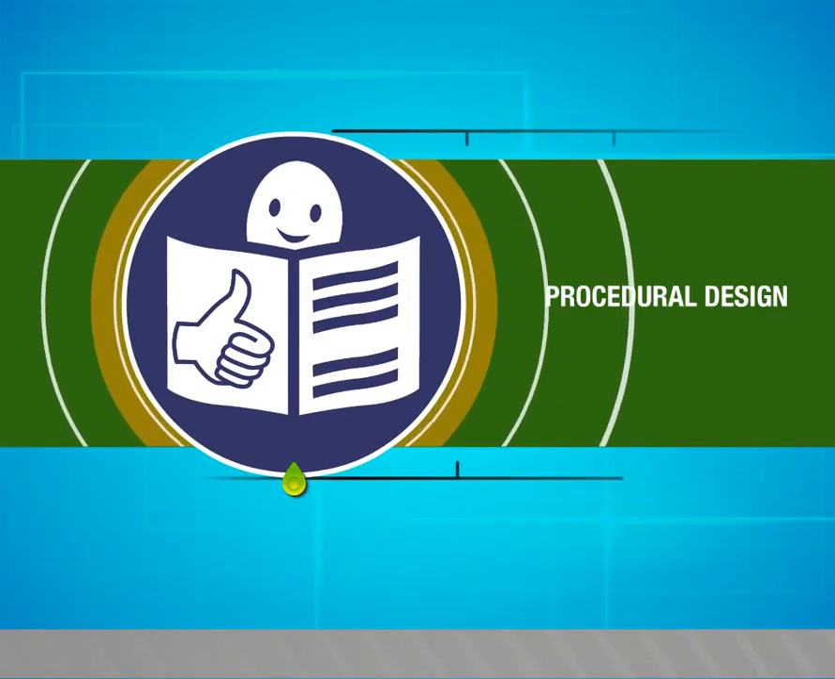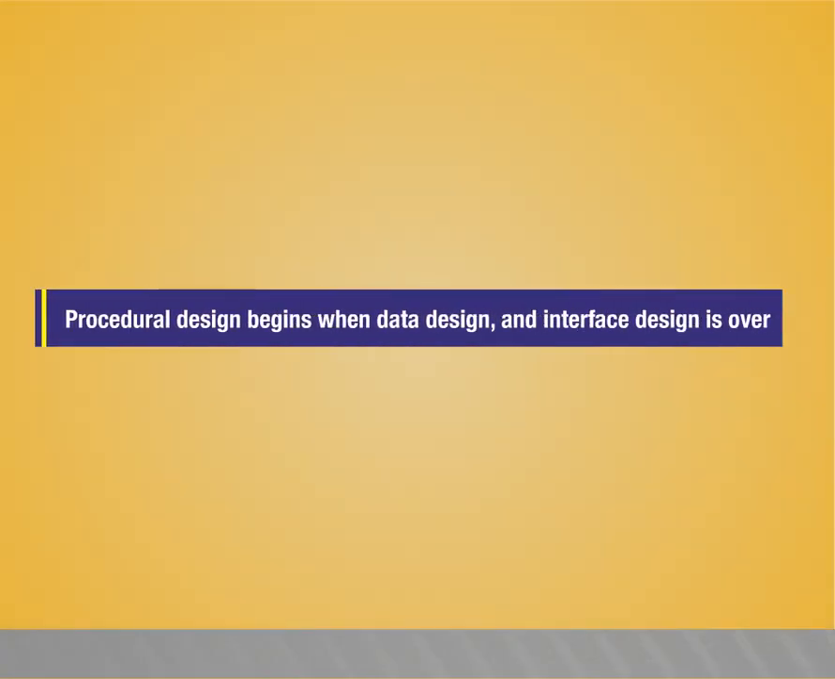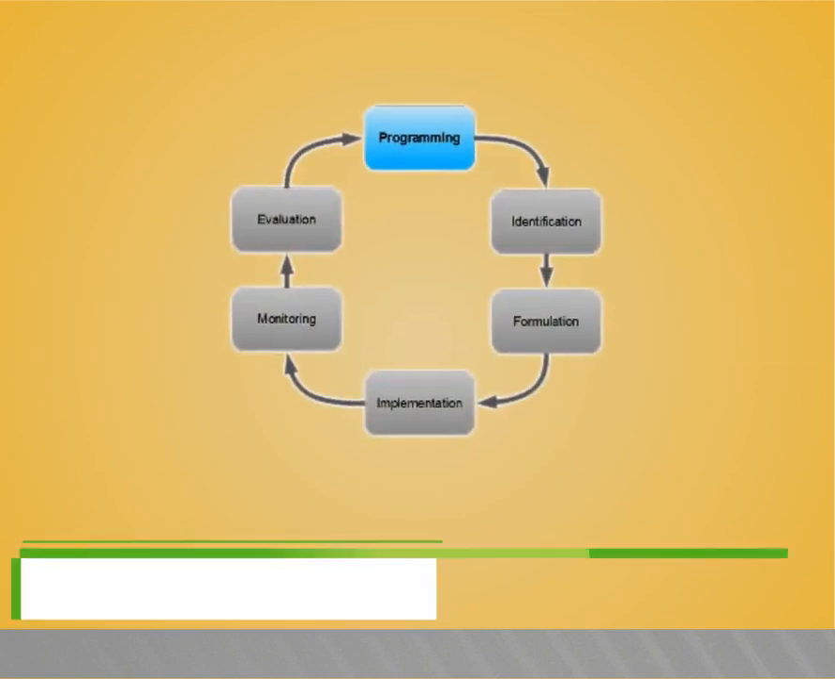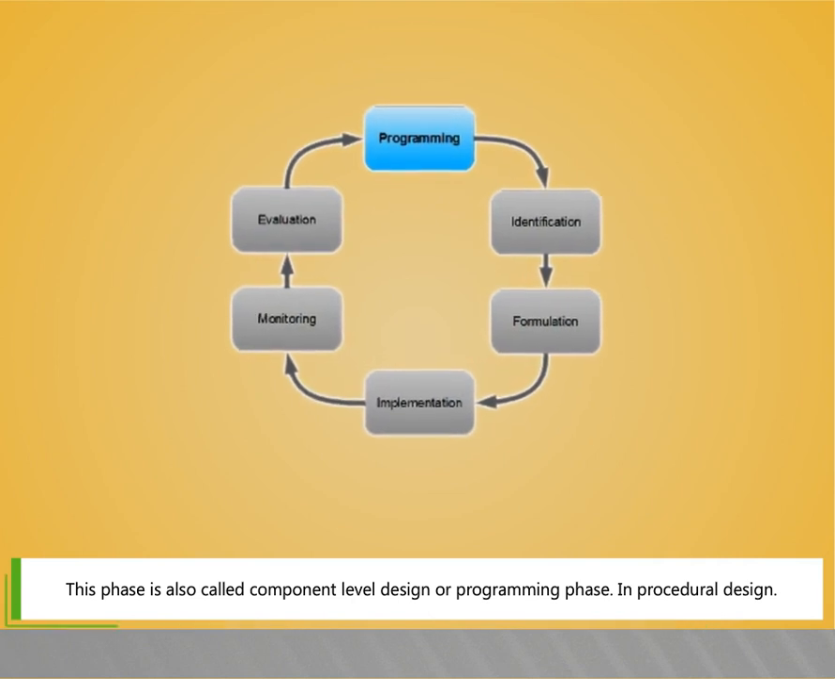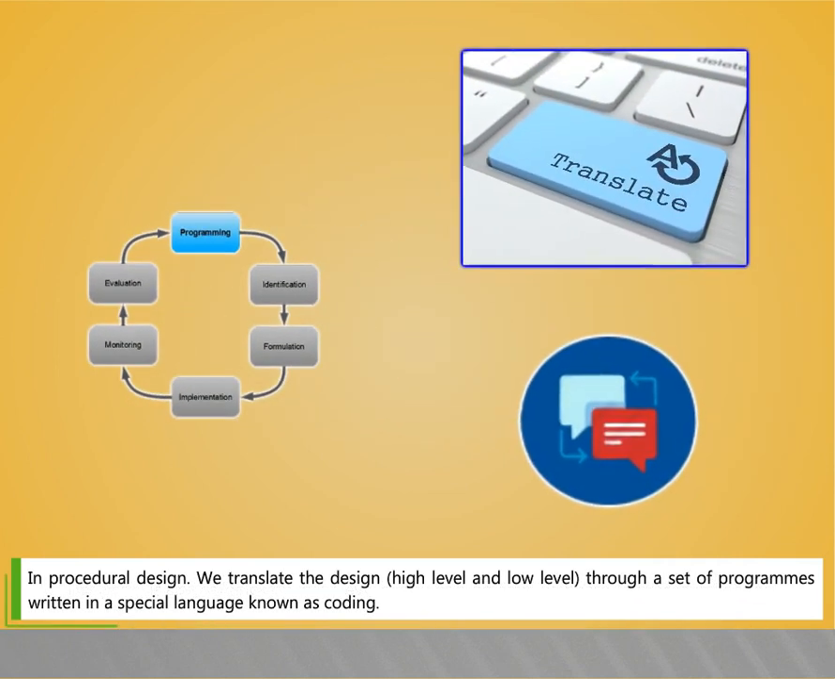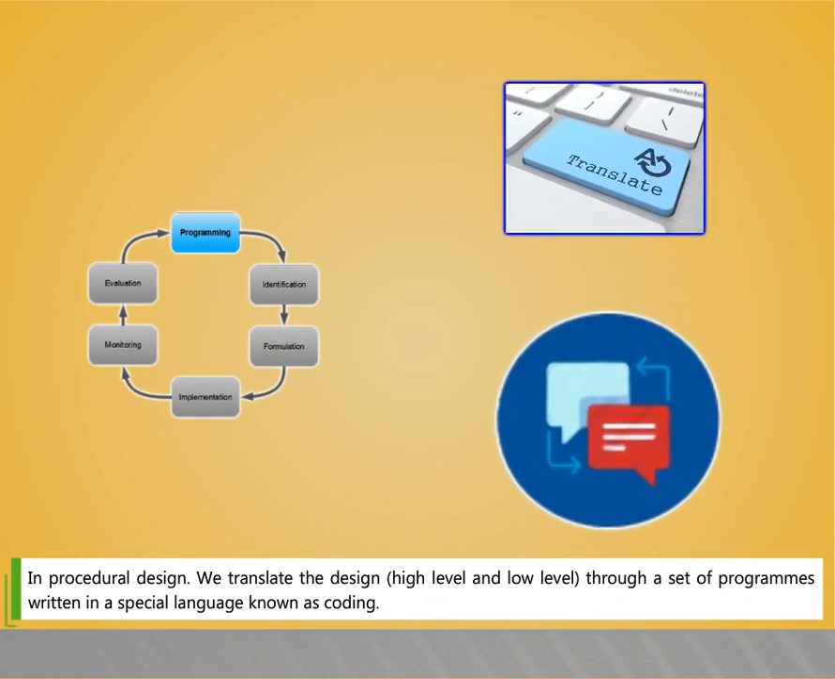Procedural design. In this video, we are going to see about procedural design. Procedural design begins when data design, system architecture, and interface design are over. This phase is also called component level design or programming phase. In procedural design, we translate the design, that is high level and low level, through a set of programs written